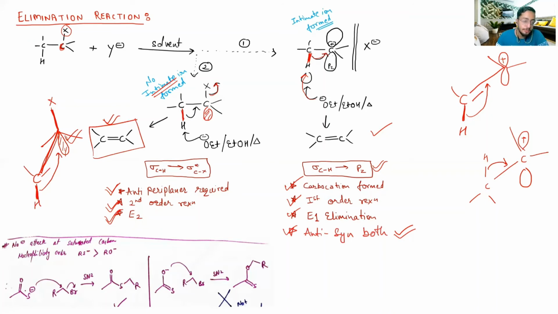In this case, you see that if we have a nucleophile like this, then sulfur will always attack the center having the leaving group, not the oxygen. If oxygen attacks this carbon having the bromine, that is not observed anywhere, because the nucleophilicity of sulfur is very high as compared to oxygen.